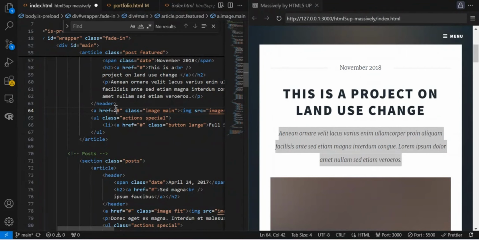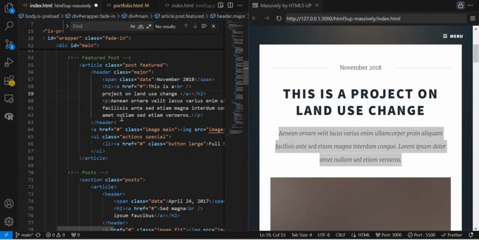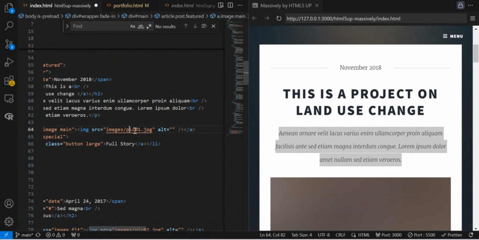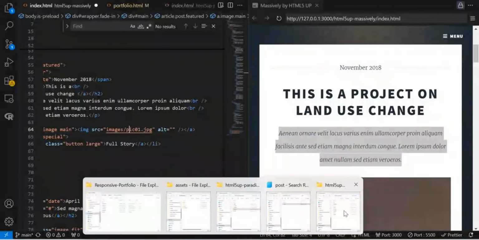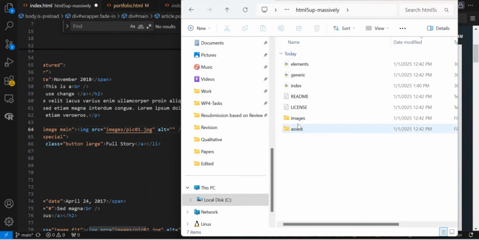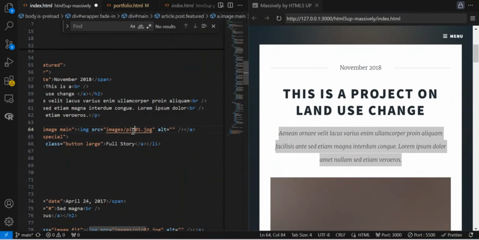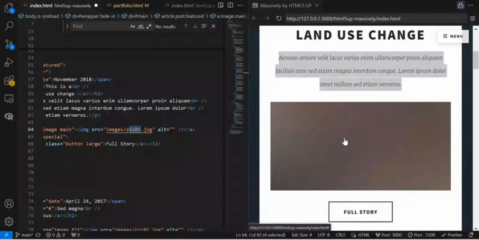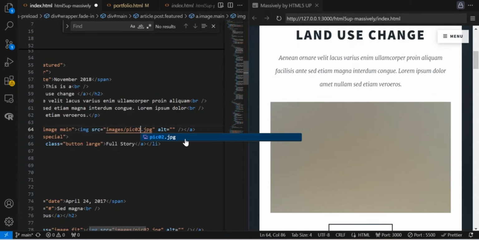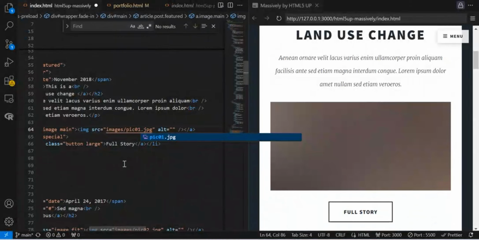It also has some references. You can put an image or a link to the project that you did. For example, if you publish a paper, you can put the reference here. If you also have an image, like I mentioned before, you could see that this is an image here, and inside the image it has pic01 to pic09, and whatever image you would like to show over here, make sure that you specify it. If you want 2 to show, you just change it to 2. If you want 3, you just change it to 3.